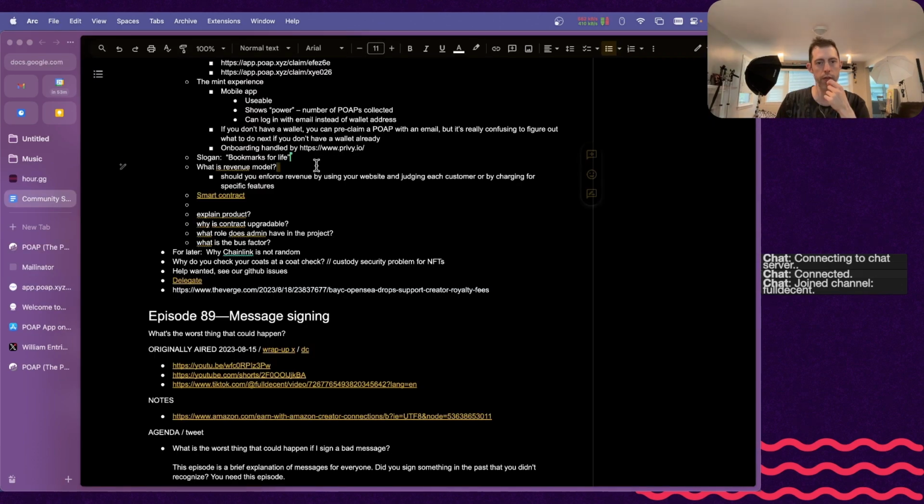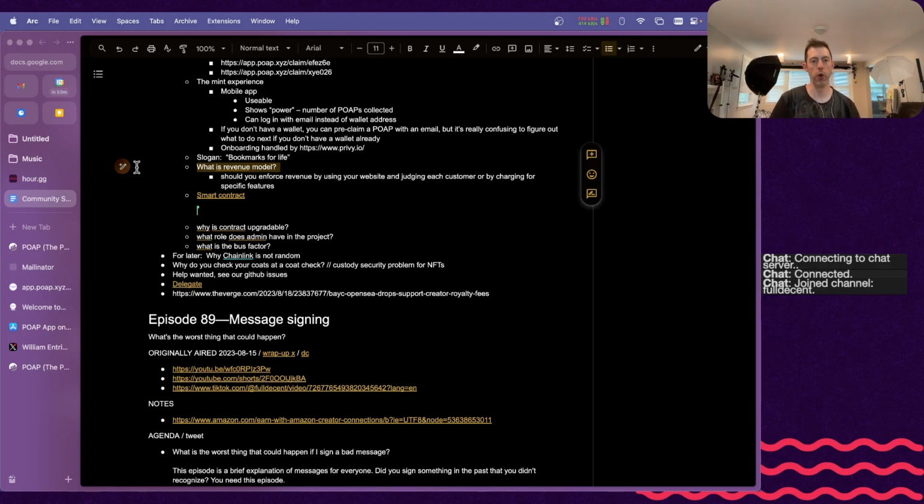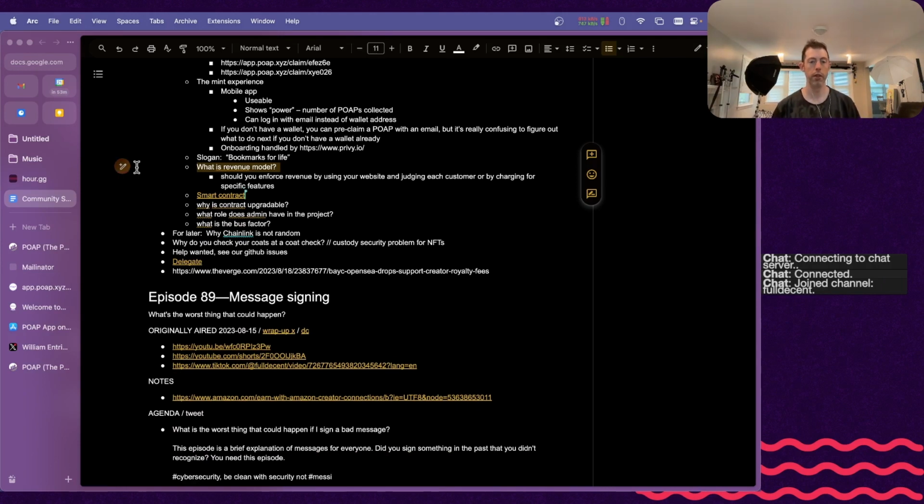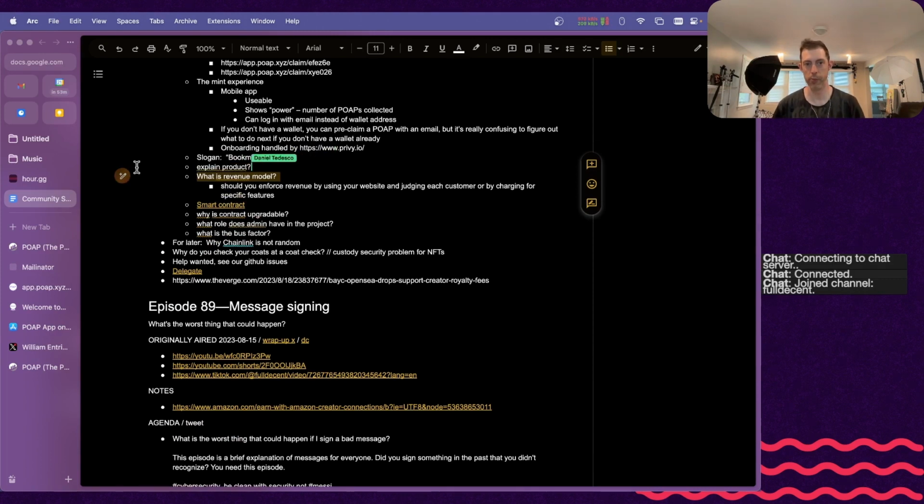We can jump to that. Revenue model. Revenue is zero revenue. It's been for a while. But if you do this for commercial purposes, air quoting here, then they charge you $1 per POAP. Currently on sale for 25 cents a POAP. $1 is steep for my giveaway purposes. 25 cents is fine, depending on how many people want this and whether it drives revenue.